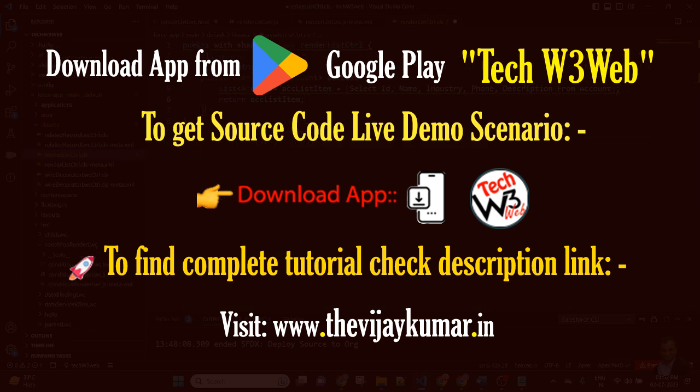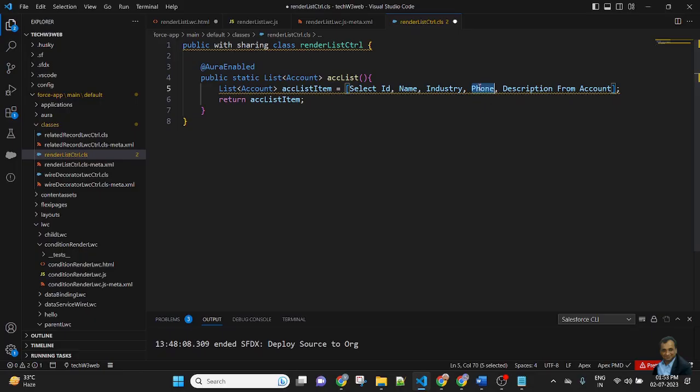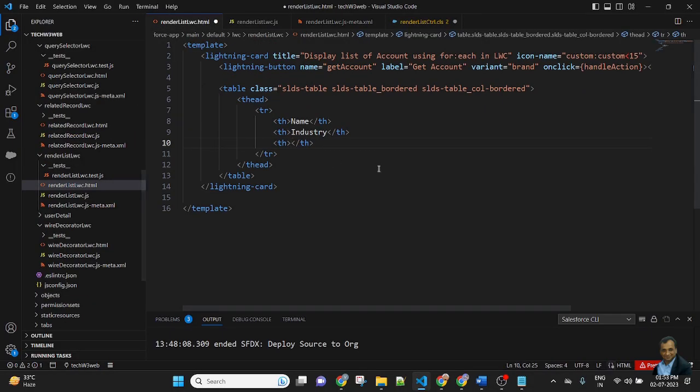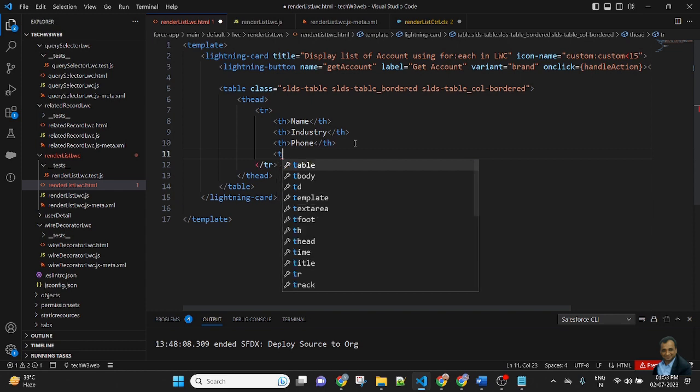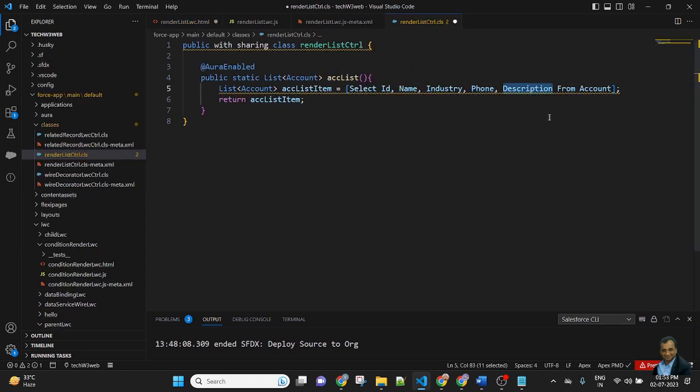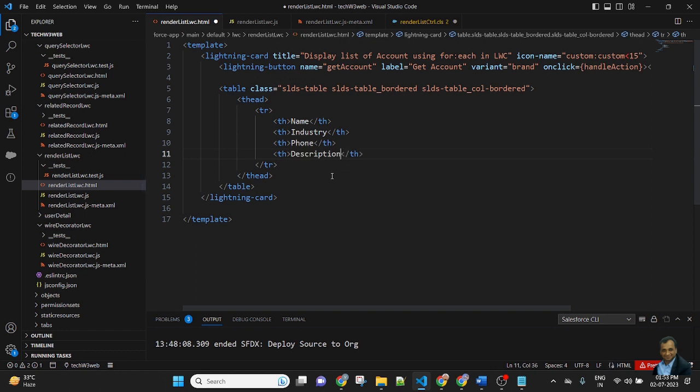There are name, industry, phone and description. There are 4 columns.